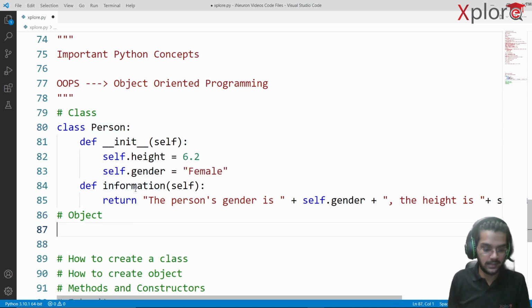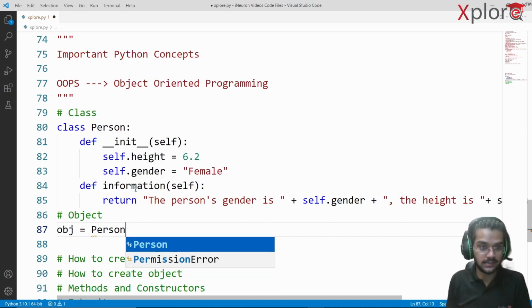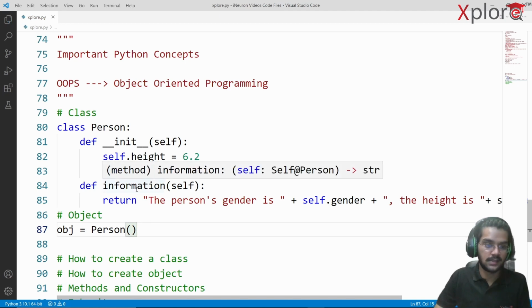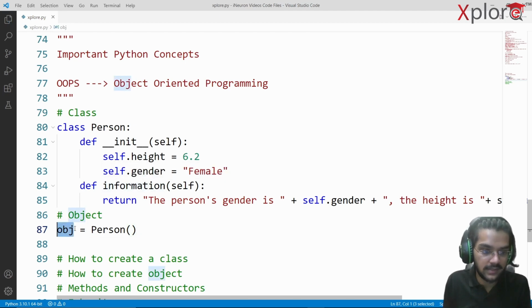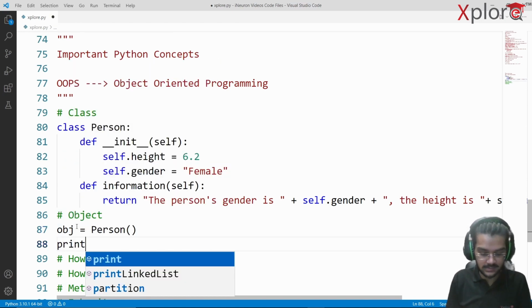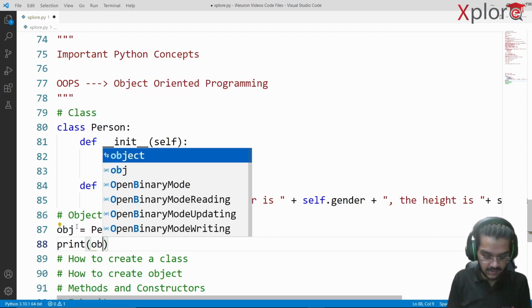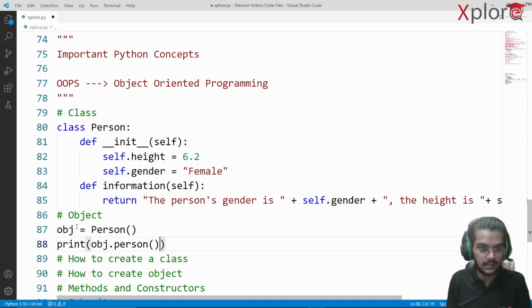Well, I can just simply write here, suppose I'm going to write obj, so obj is fine, right? I'm going to pass in the person class, and that's pretty much it. So right now I've created the object of the class person. Now I want to have the information here, so I'll simply print here obj.person,